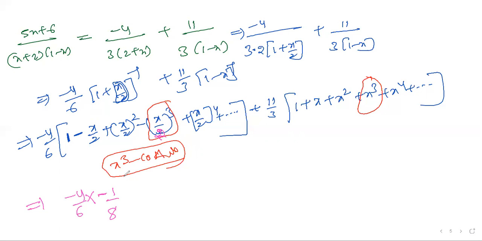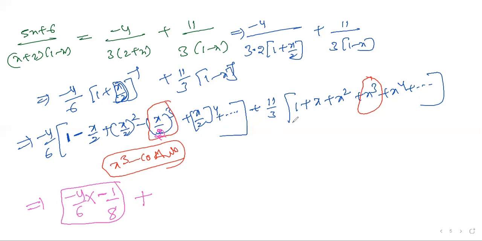Clear. Still in it, again you can ask me. X cube quotient I want. X cube quotient means what? 1 by 2 whole cube, and minus 1 by 8, into this minus 4, 1 4 by 6. This is a whole quotient. This is a whole expansion because minus 4 by 6 is linked with this also. So this is the quotient of x cube in the first expansion.